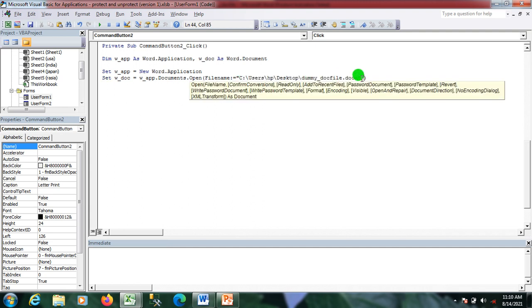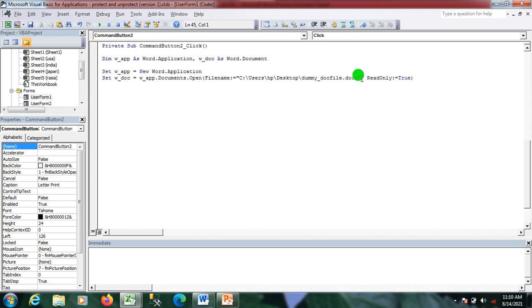Another parameter is ReadOnly, which is True. With the help of this, I'll open this specific document in read only format.